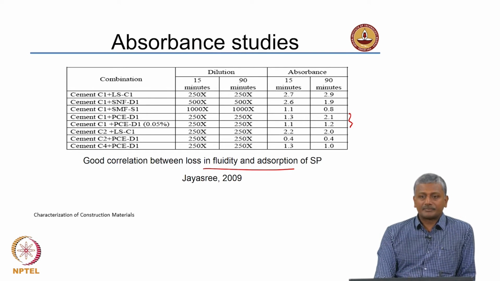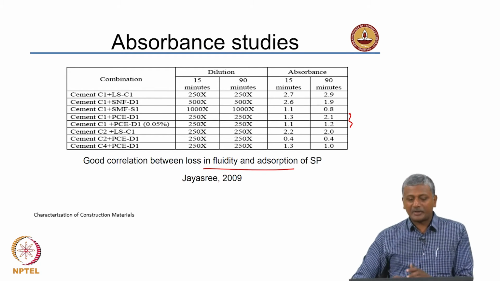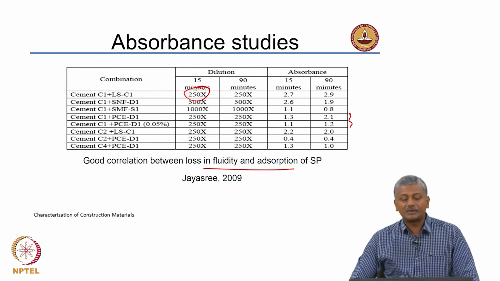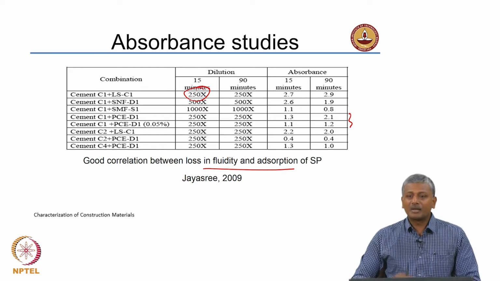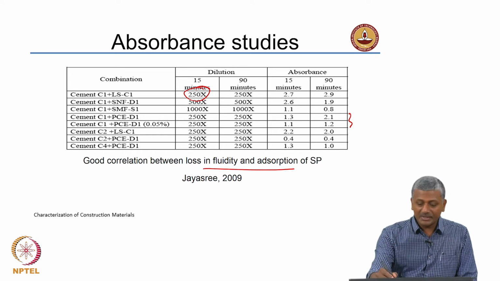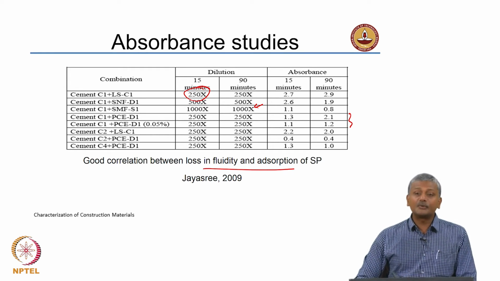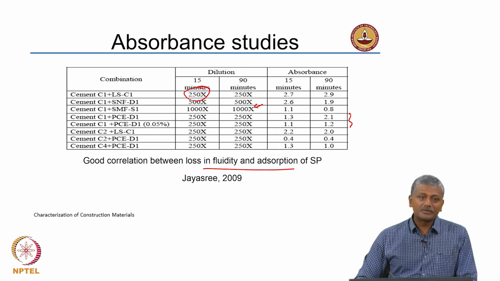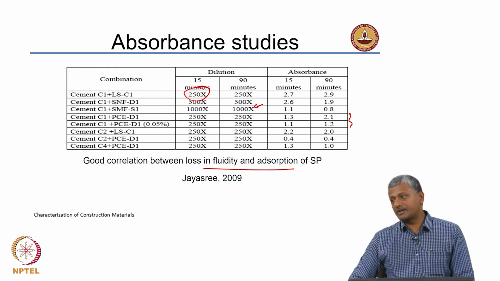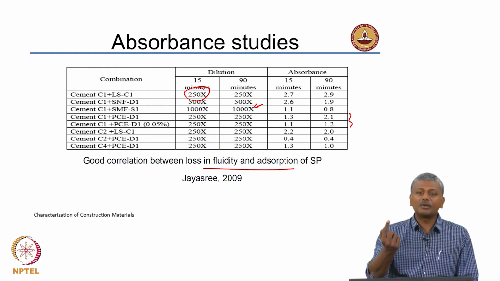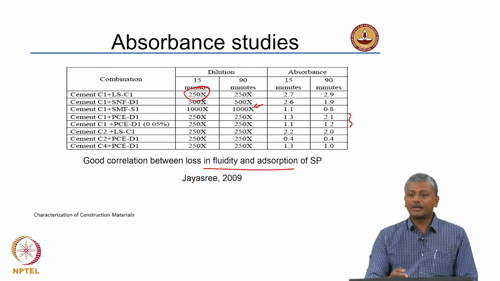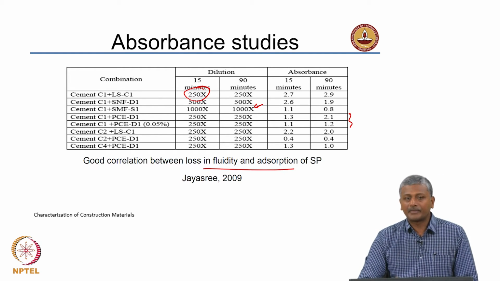I would not completely expect this result to be 100% correct, because look at the extent of dilution that was necessary in several cases, because the amount of solution that you collect even after centrifuging is going to be only minimal. In this case the solution was diluted 1000 times. So you need to ensure that you are reading your data correctly with respect to the kind of solution that you have extracted. If you get only 1 milliliter, and you want a substantial amount ready for your analysis, you need to dilute that to 1000 milliliters in this case.